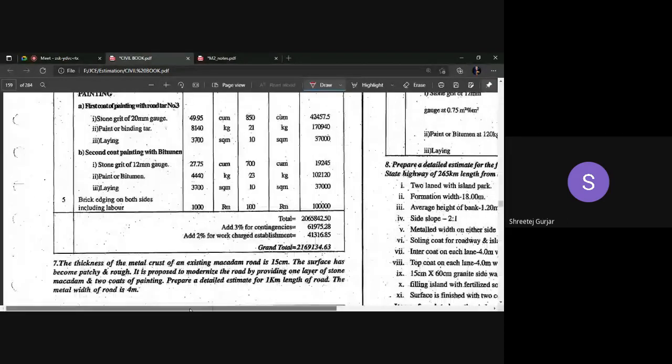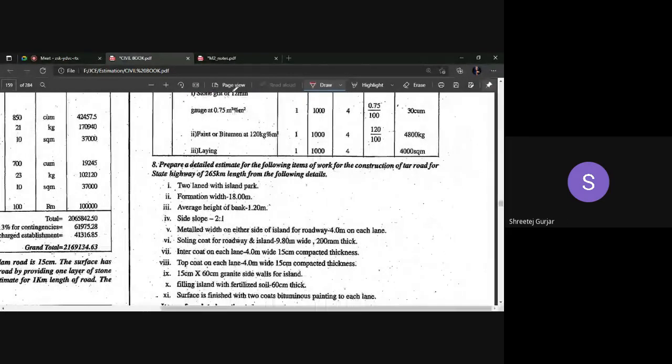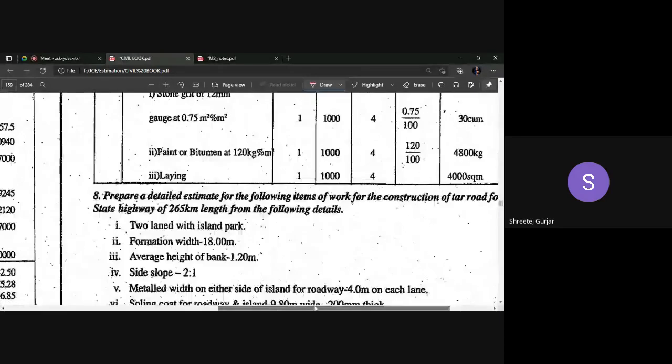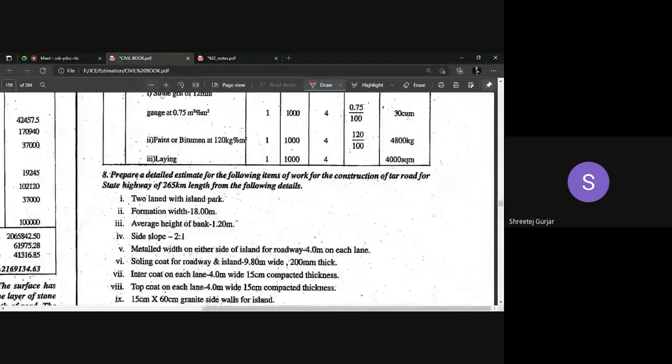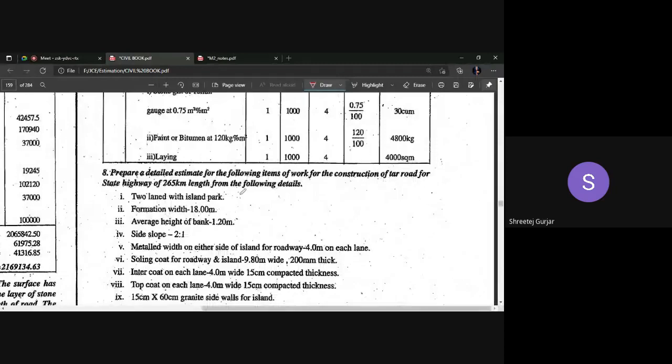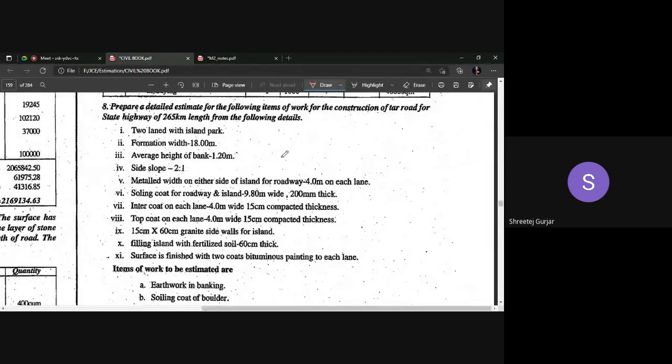Let me just zoom in. So with these quantities which they have mentioned, you can prepare a cross section. You can draw yourself a cross section. Okay. So let us draw, and you can practice this as a homework. I'll draw the cross section. I'll help you in understanding. You can practice this as a homework example.